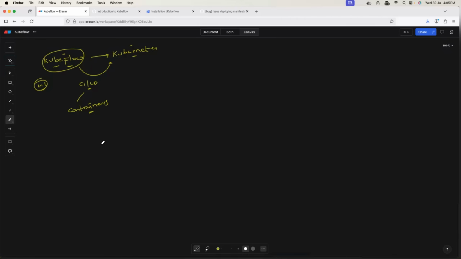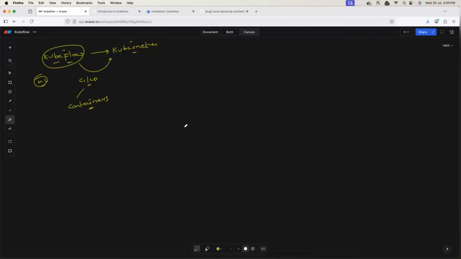So what exactly we do with Kubeflow? First, we write a Python script, or developers write a Python script, ML engineers. Then there is a Python package called KFP, same thing, Kubeflow Pipelines. So you install this using pip. What does this KFP do? So KFP compiles your Python script to a YAML file, and this YAML file is submitted